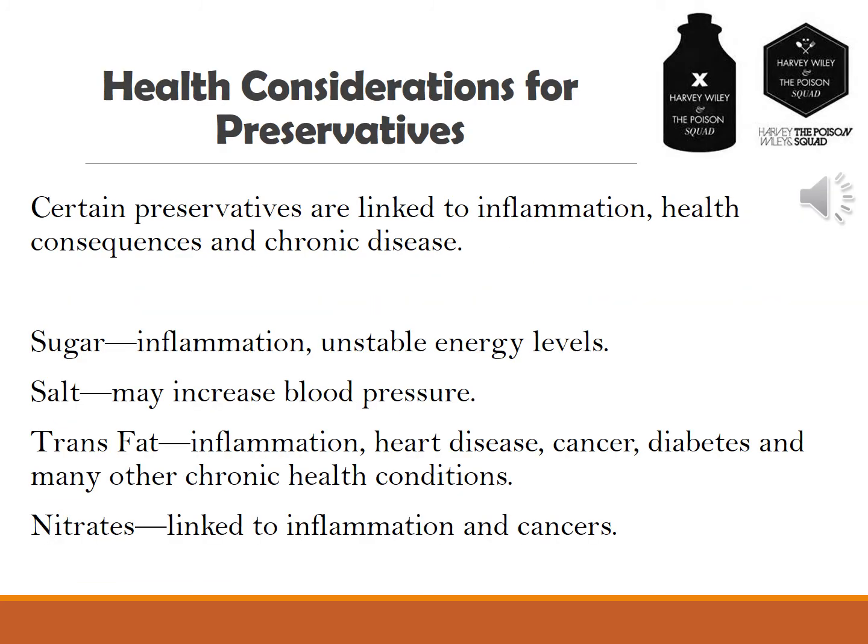Now, preserving the shelf life of foods can come at a cost. Today we have a much better control on the types of preservatives allowed in our food supply, and any food items or preservatives that have a strong link to chronic disease are not allowed in our foods. But before, there was a lot less regulation of this, and there were a lot of things in foods that were very, very harmful. So many years ago, the United States came up with what's known as the Poison Squad